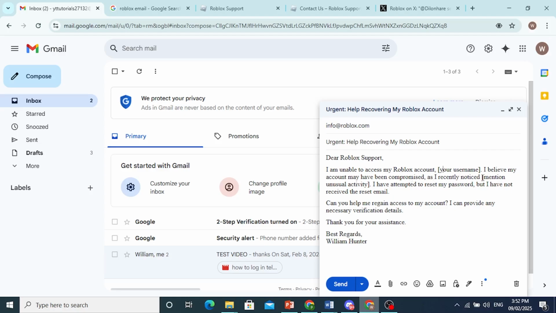And you want to mention something like unusual activity. If your problem is accessing your Roblox account, you don't have access anymore, explain what you have done to fix this problem and you still were not able to get access, then just request them and let them know that you are able to provide any verification details so they know you're actually legit in this. And just thank them and sign off in a nice manner, maybe best regards,